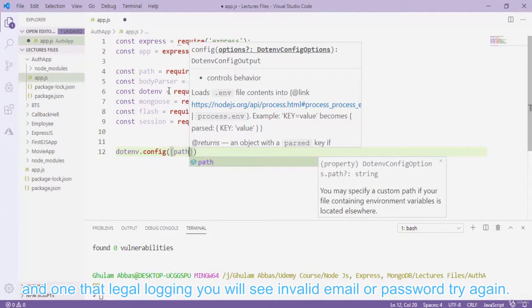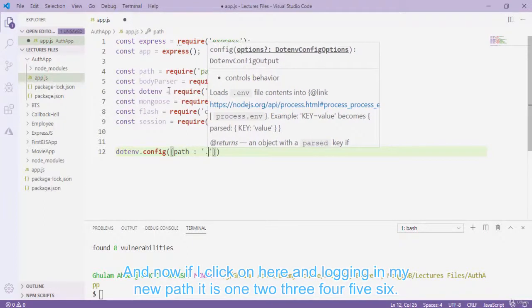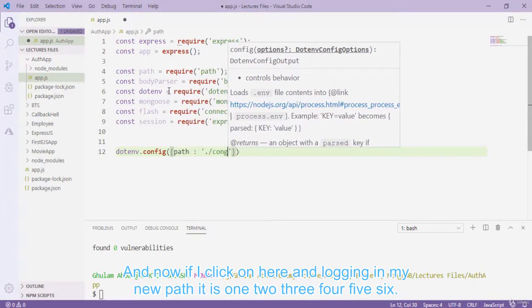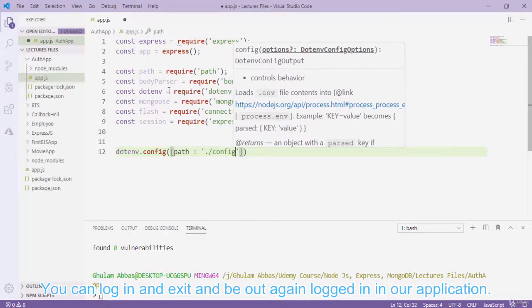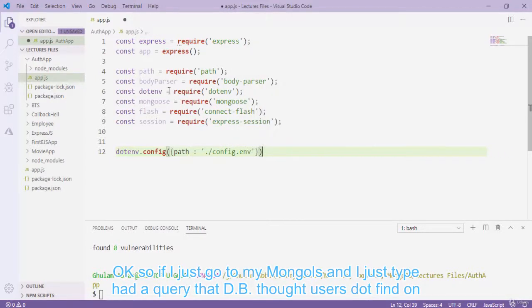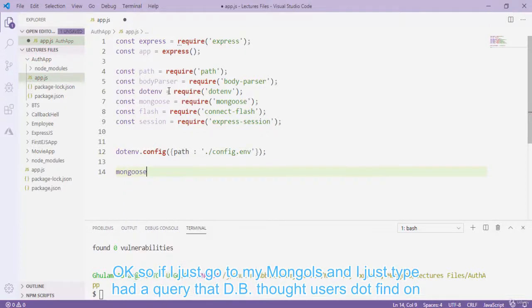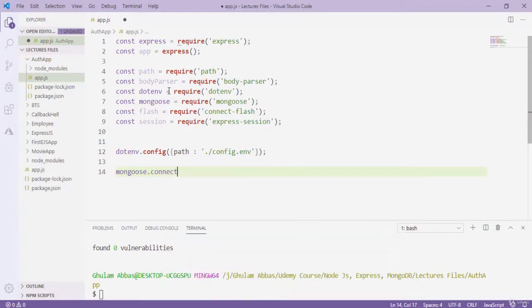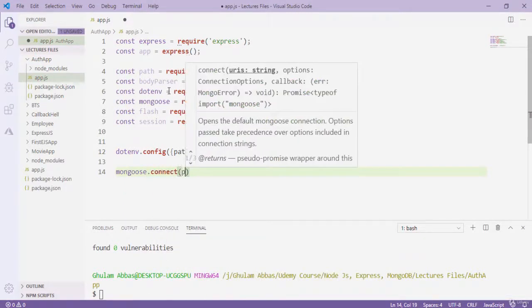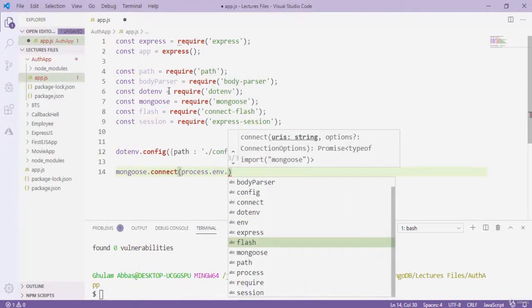So I type here path should be like ./config, and type here .env, and after that I have to type here mongoose.connect, and the URL will be process.env.DATABASE_LOCAL,